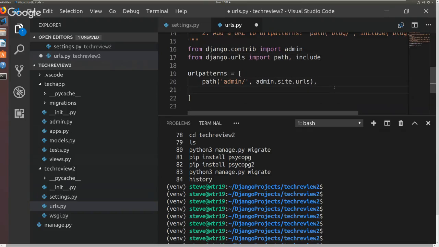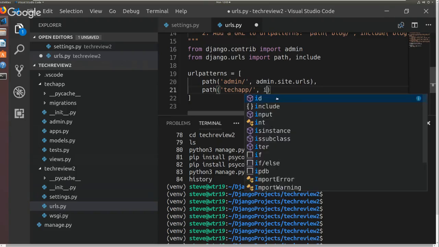And then here, I'm just going to do path. In the quotes, I'm going to put the name of our app, which in my case is Tech App. If it's just Tech on yours, go with Tech. Whatever you named your app. For the Python Club, if you named it Club, this would be Club. And then I'm going to do include,